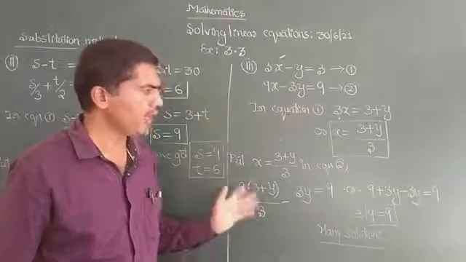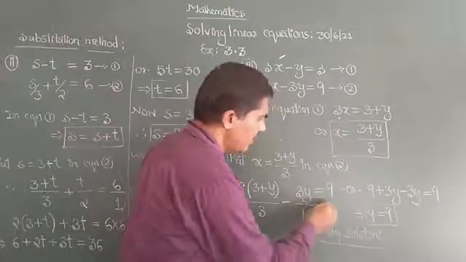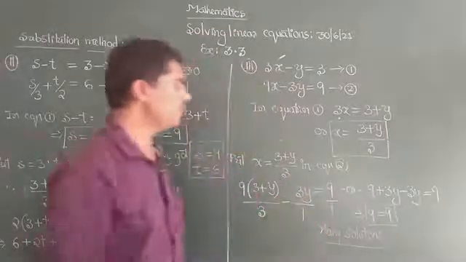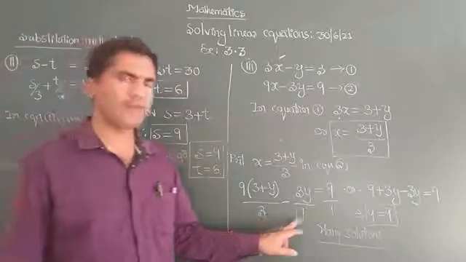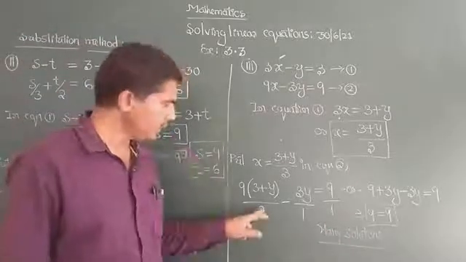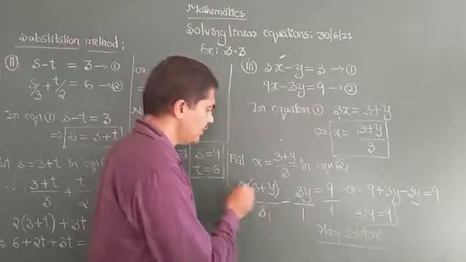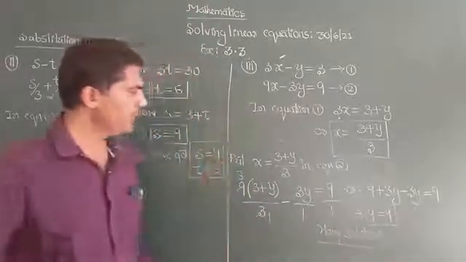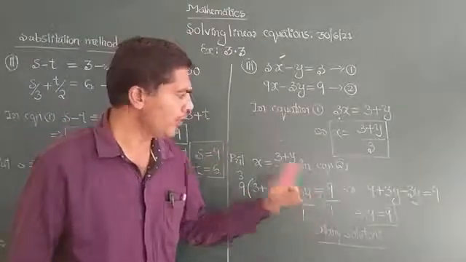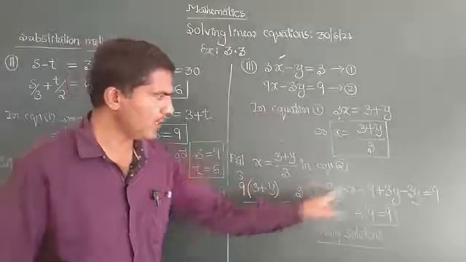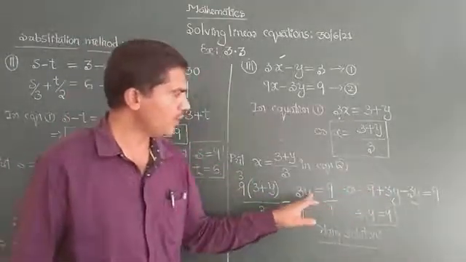I go on simplifying. Here again 3y by 1 is there. Denominator nothing is there. Imagine there is 1. Again you can multiply everything by 3 and simplify, or you can just cut, 3 1's are 3, 3 3's are 9. So on simplification I got like this. 3 into 3 plus y minus 3y equal to 9. 3 into 3, 9. 3 into y, 3y. Minus 3y equal to 9.